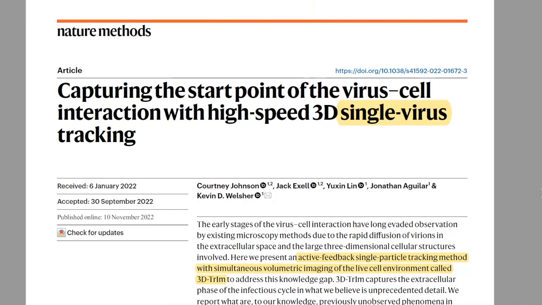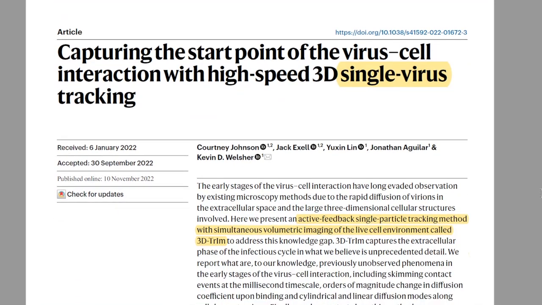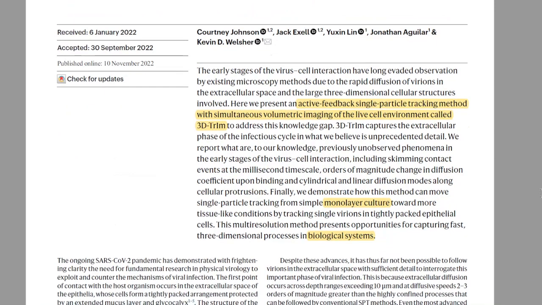So there are some problems here right off the bat because it uses the terms virus, cell interaction, and single virus in the title. However, there's actually no viruses in the paper. So let me go a little further and I'll explain. Now, really, in order to understand and debunk a paper like this, we can really just look at the abstract, and that tells us enough information to know we can discount the conclusions of this paper, at least how they're presented in the abstract or in the title or in the video. However, I'm going to go through a little more detail with you.